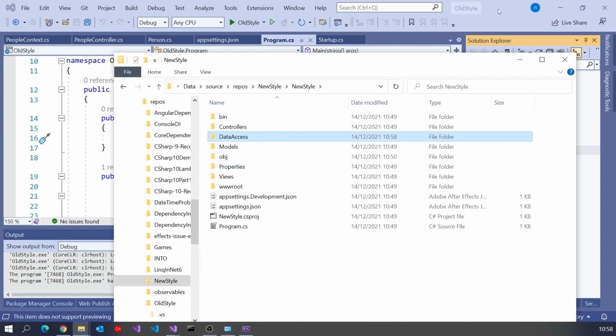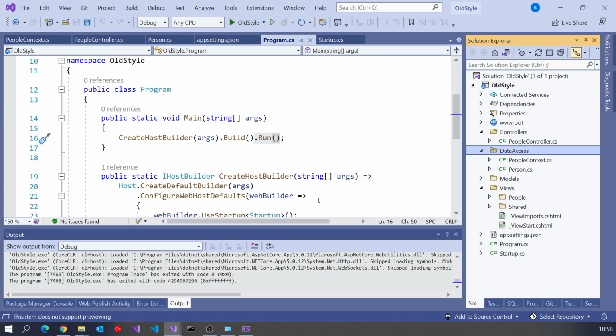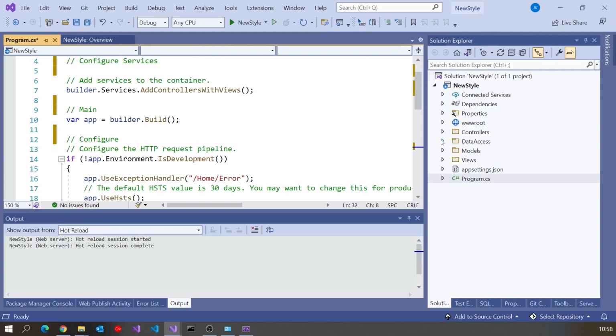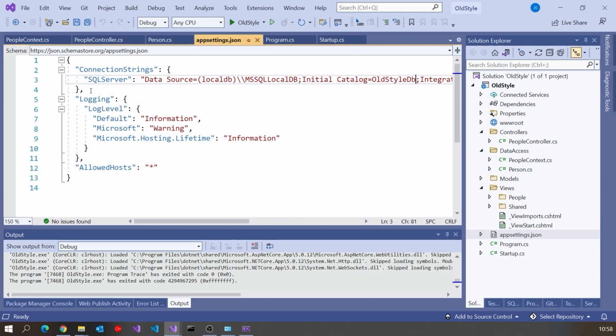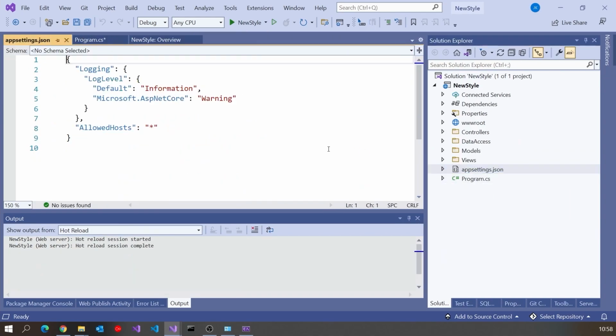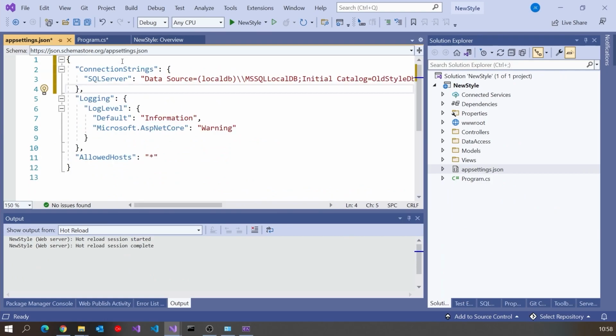And so that now means that in our new style, we should have the data access. I'm also going to steal the connection string. So if we go into here, there's my connection strings. So let's pop that in there. None of that has changed from what we used to have.